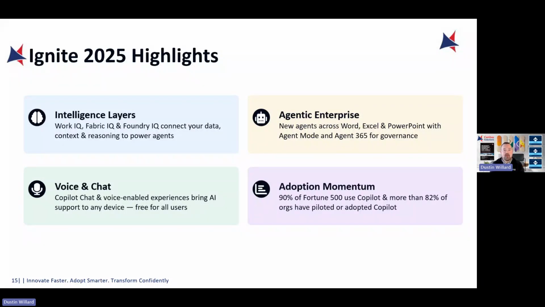So if you haven't gotten there, you're probably falling behind. And I'm going to be honest, I'm already seeing a competitive advantage for organizations that use Copilot versus those that don't. And your employees are starting to really want this, and it's a deal-breaker for them not to have Copilot and that digital assistant that can help them.